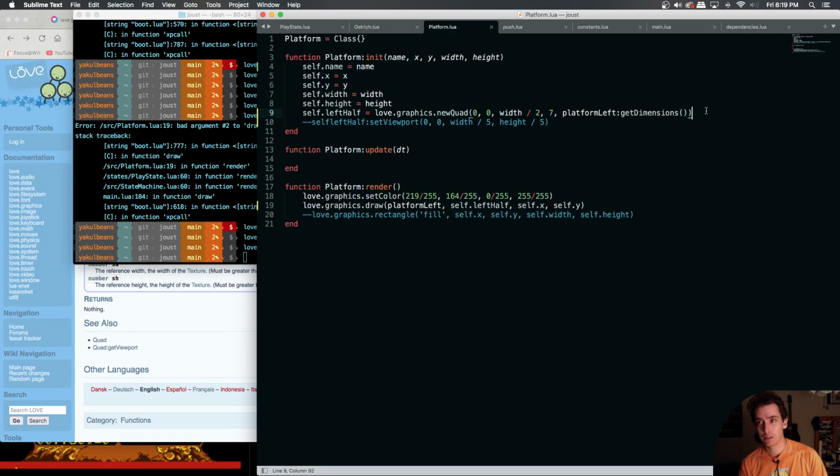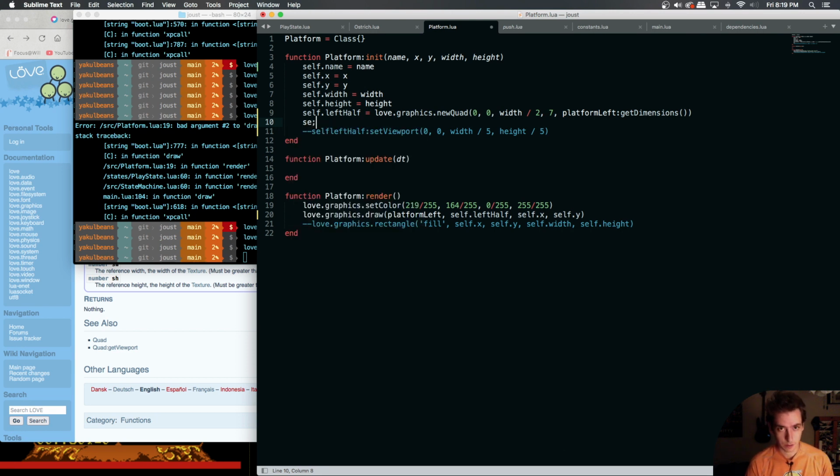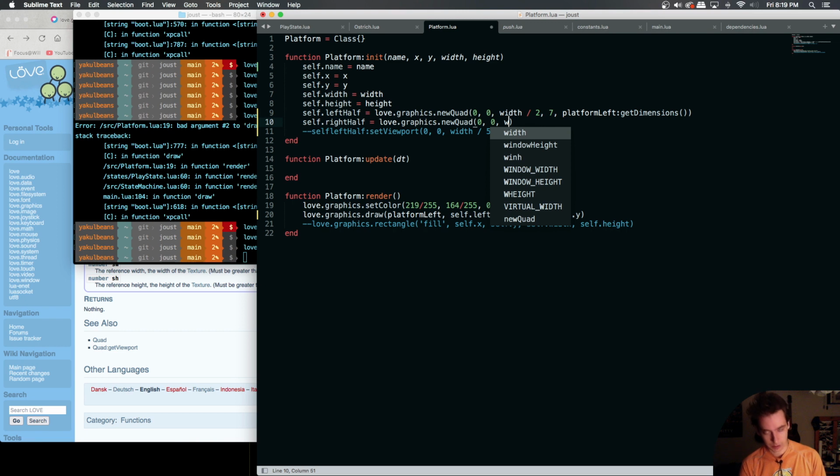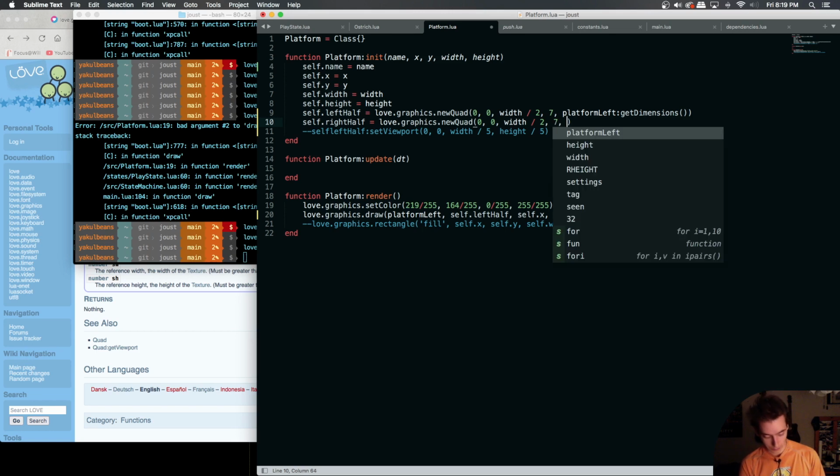We're going to give us a right half quad that we are assigning with a 0, 0, and the same deal. Well, okay, no, this is going to be different, but let me just get this kind of, we're going to get it to draw half of its width, same height, and then